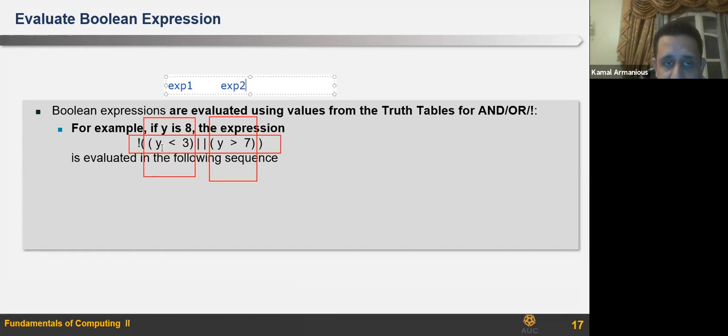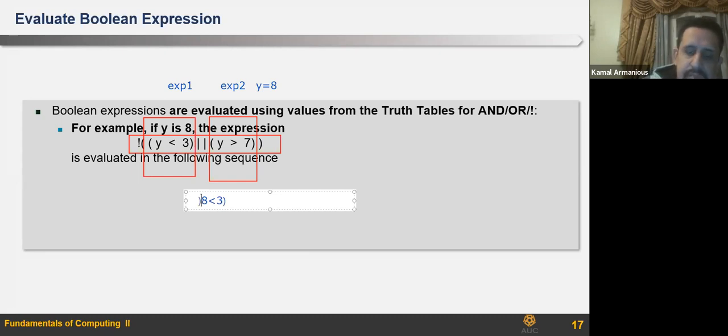Assuming that y is equal to 8, I start this evaluation. So what do I say? y, which is 8, are you less than 3? No, I am not less than 3. So the result of this is false.